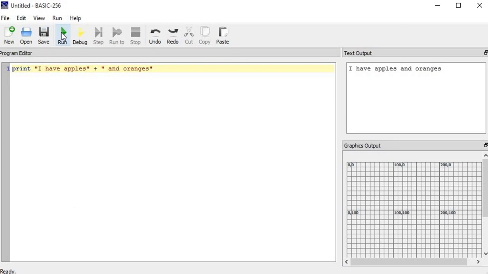In the next video we will learn about this graphics output area and how to make a circle, a rectangle, and many more things. How to make a black and white one, that is chrome, or how to make a colored one. We will see all this in our next classroom.